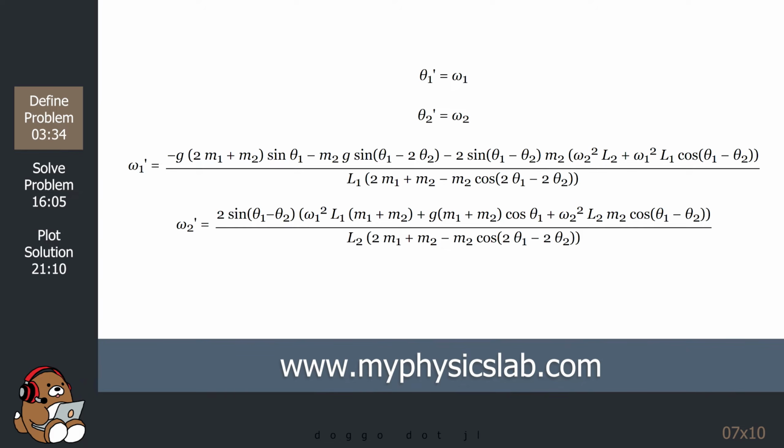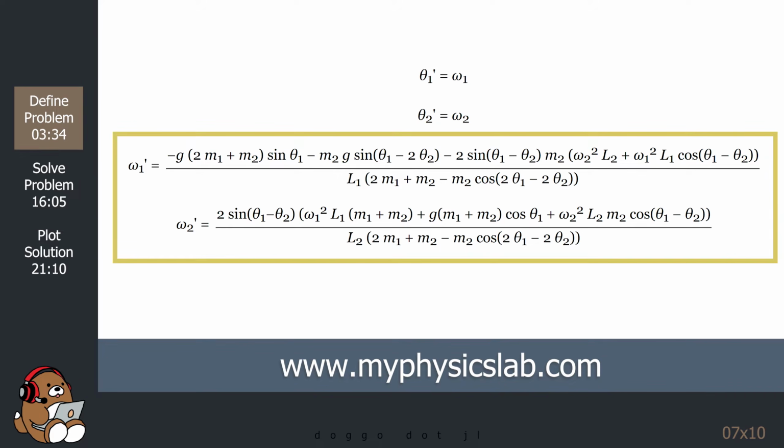The double pendulum problem is a system of 4 first-order ordinary differential equations. The first 2 differential equations are for the change in the angles θ1 and θ2 over time, which are the angular velocities ω1 and ω2, or if you're in the UK, ω1 and ω2.